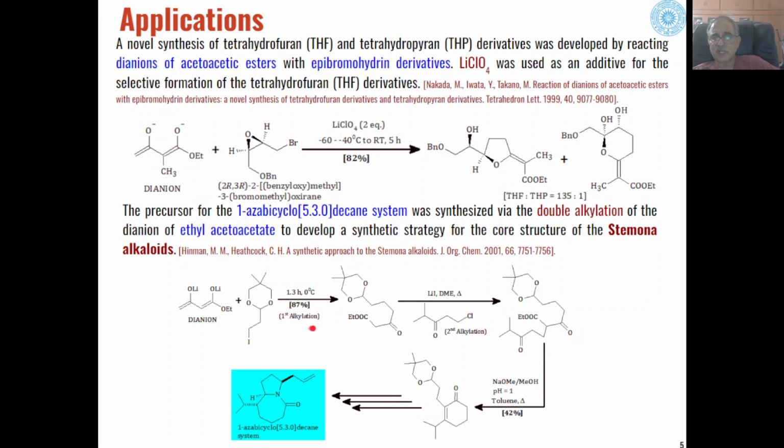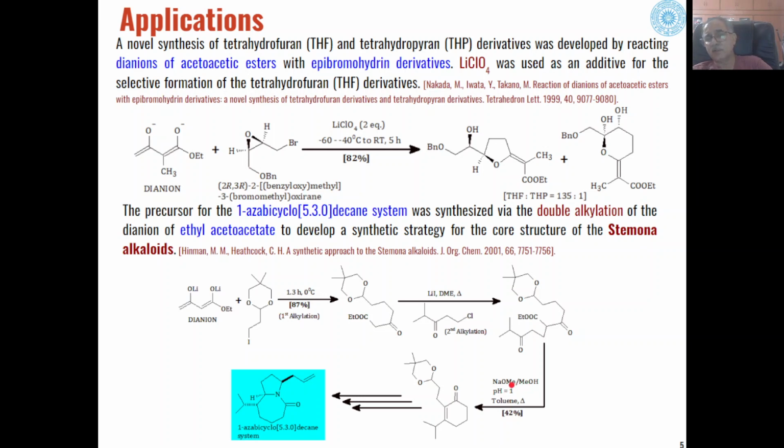So first alkylation takes place like this, and when this monoalkylated product is reacted with another type of alkyl halide, then we will get these types of dialkylated products, and then these dialkylated products will undergo